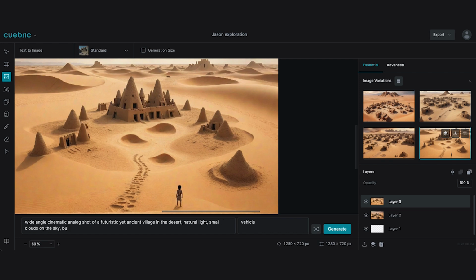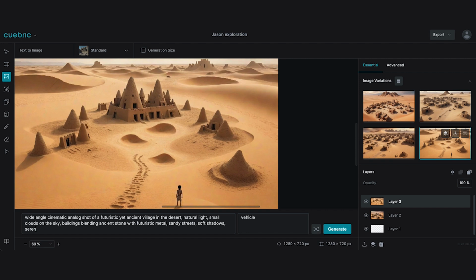I want buildings blending ancient stone with futuristic metal, sandy streets, soft shadows,